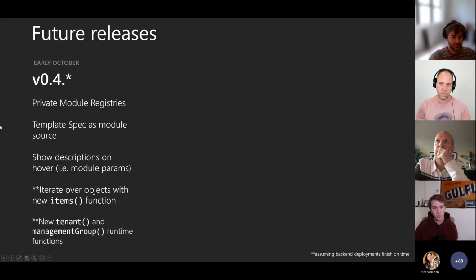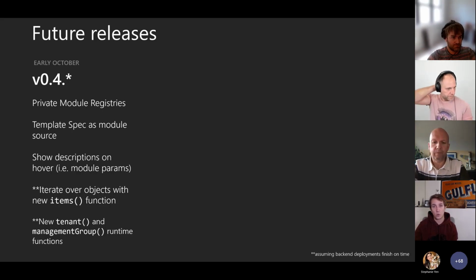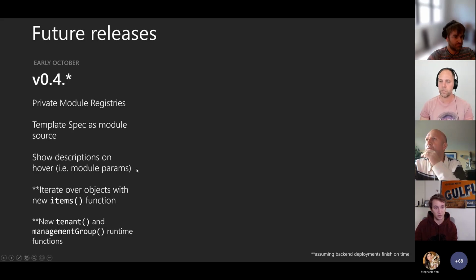The first one is a function called items, which is going to allow you to iterate over dictionaries, which we've gotten a lot of asks for. So it's nice to be able to get this done. And then the other one that we've also gotten a lot of asks for are functions for querying tenant information and management group information. This comes up in a few different places, but we've added actual runtime support for these functions. So they're not fake Bicep functions, they're real functions that you could even use in an ARM template. This will return information about the tenant and information about the current management group that you're scoped to. And I have a couple code samples to walk through what that looks like.